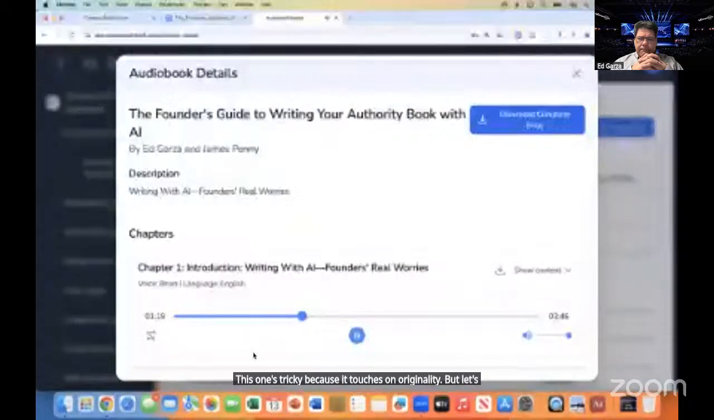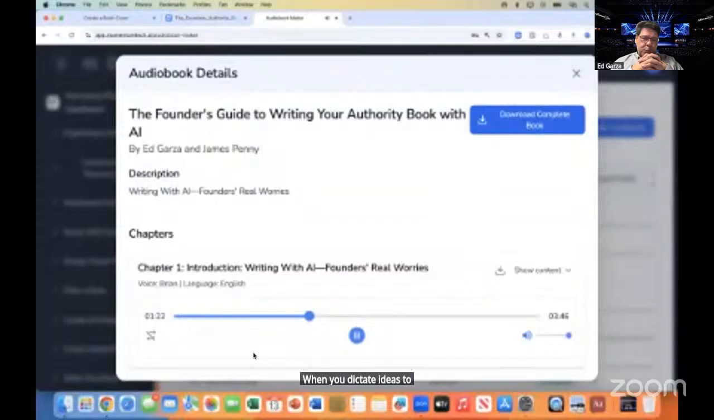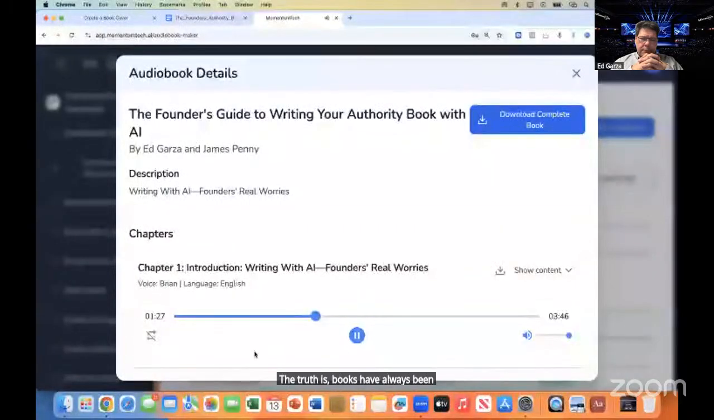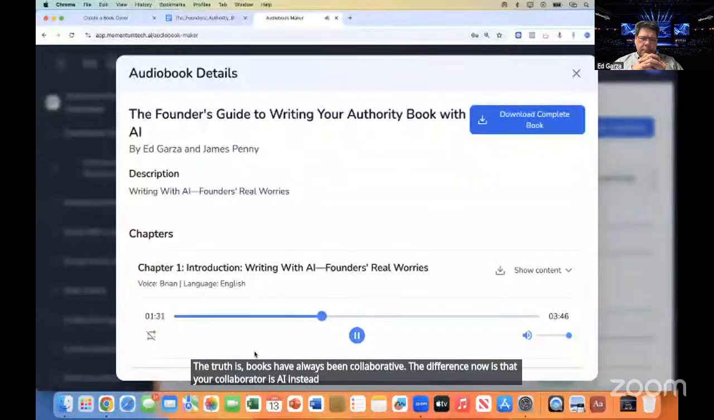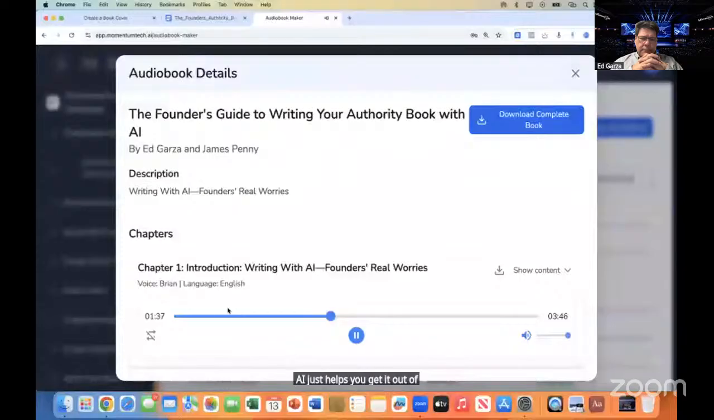Worry number two. Will anyone believe I actually wrote it? This one's tricky because it touches on originality. But let's flip it. When you hire a ghostwriter, did you write the book? When you dictate ideas to an assistant who cleans them up, who wrote it? The truth is, books have always been collaborative. The difference now is that your collaborator is AI instead of a person. You're still the one with the insights, the story,